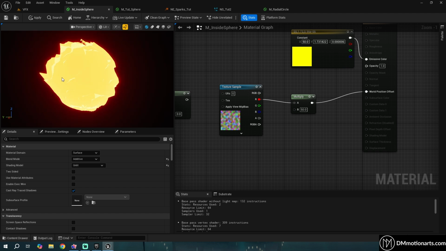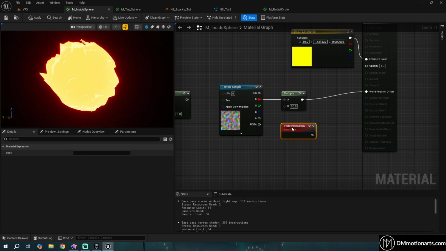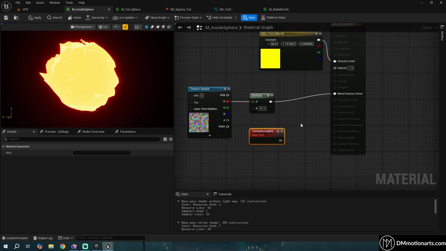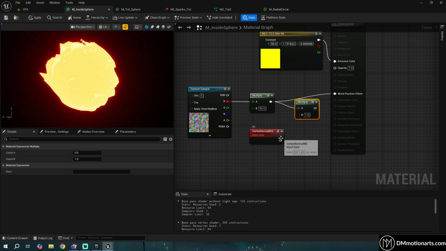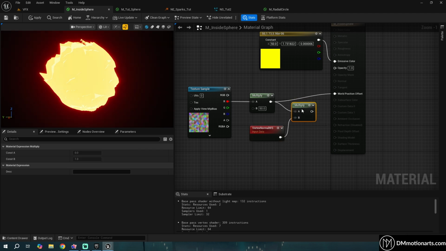But you could see one issue that happens is that it always faces one direction, and for this you need to use something called vertex normal, WS. This is nothing but it takes the vertexes normal. So as for sphere, the vertexes normal would always face like outside its sphere. Okay, just search for vertex normal for sphere. Okay, you would find that. Or if you watch my stylized landscape video, you would also understand it because I went into much more detail for it. So we need to multiply this with this stuff,